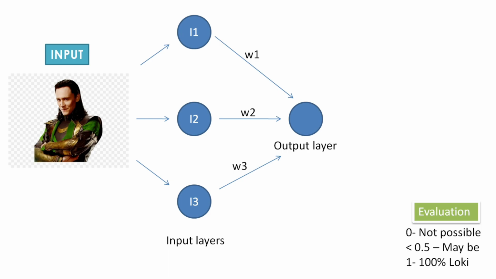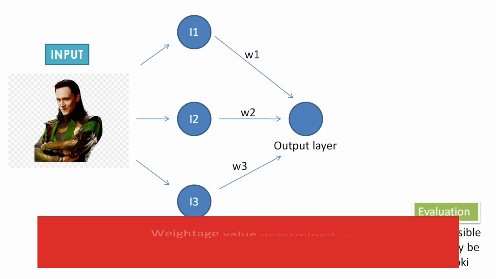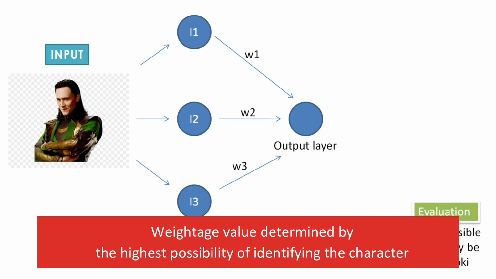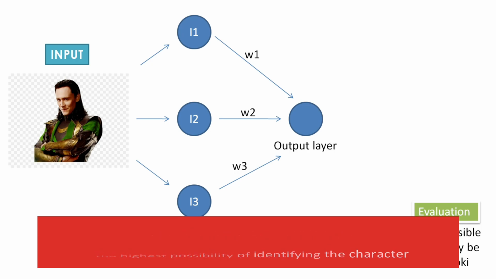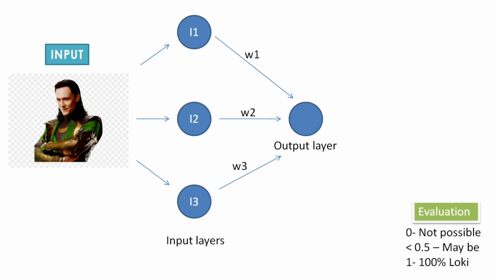Here I1, I2, I3 are the scores which were generated by the neural network. But we need to give some prominent scores for evaluating this problem. Suppose the first input takes the image of Loki's eyes, then we need to add some weightage values for the eyes of Loki. So we are having three images, we need to add three weightage values. So here is my question, how to add the weightage value? The weightage values are determined by the possibility of identifying the character. Some characters have some uniqueness in their appearances that will highlight the character more strongly. We have to give more weight to that particular feature.